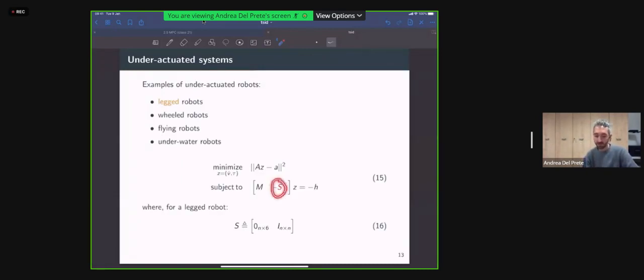So instead of having here the identity matrix, we introduce this selection matrix S, which, for instance, for a legged robot would look like this. You would have 6 columns of zeros here in the first 6 columns, and then you would have simply the identity matrix. So this matrix is basically selecting the degrees of freedom of the robot which are actuated. And just by doing this very small change in your mathematical formulation, now you can handle a system that is underactuated. And this was not possible in the original inverse dynamics control law.